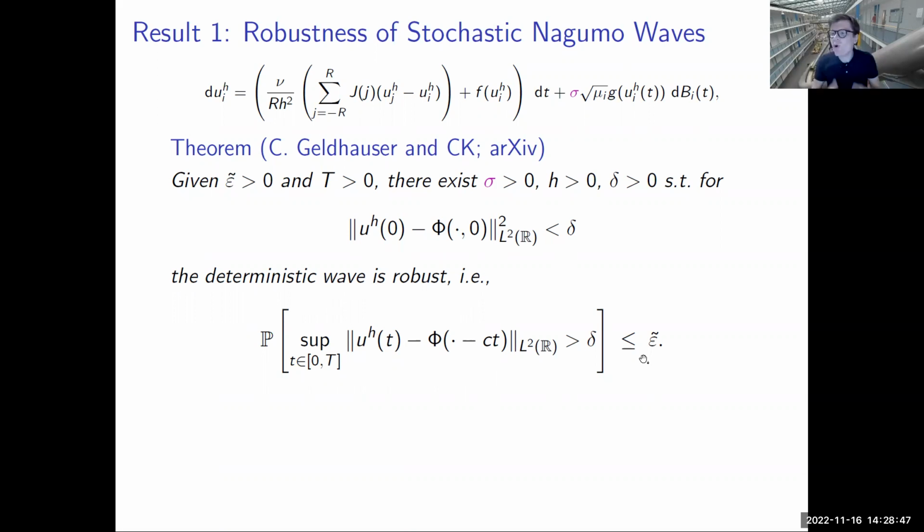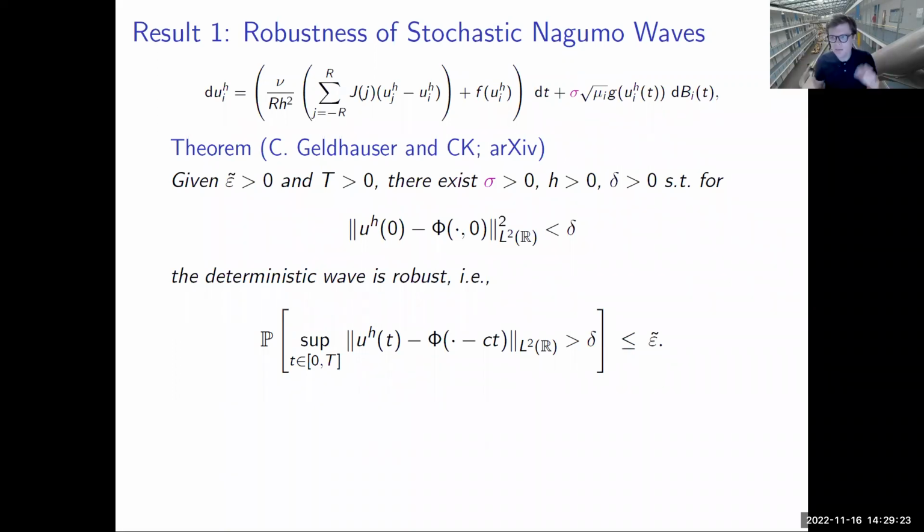This sort of says all the limits are fine. If you discretize, send h to 0, everything converges to the deterministic case. If the noise tends to 0, everything converges to the deterministic case, etc. So this means that somehow you can at least say, if you have a typical robust, stable, and deterministically stable Nagumo front, so this is for the Nagumo front solution, that Nagumo front solution is very reasonable, and you get it reproduced in the stochastic setting.